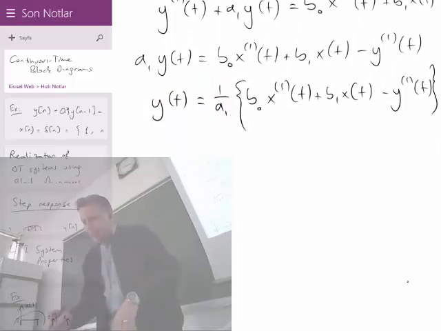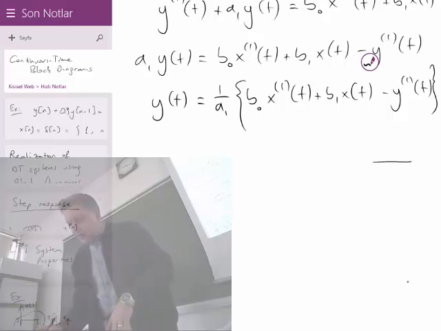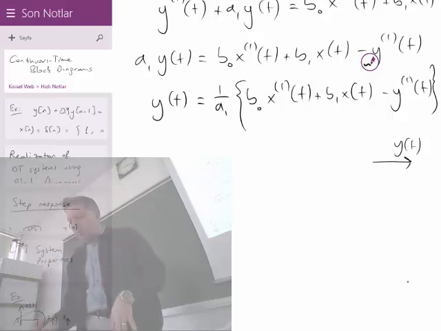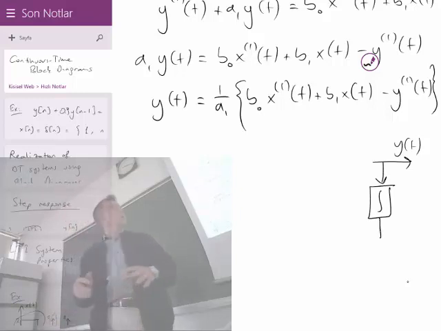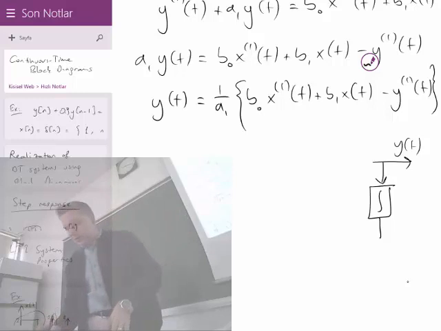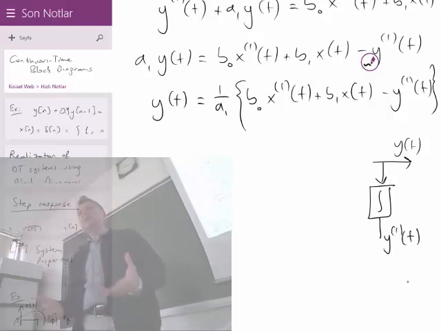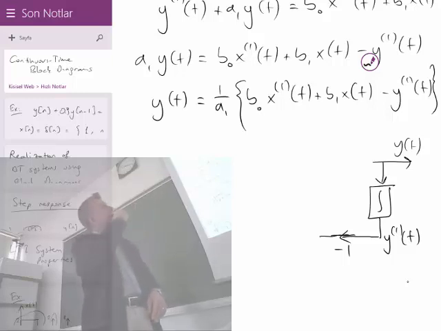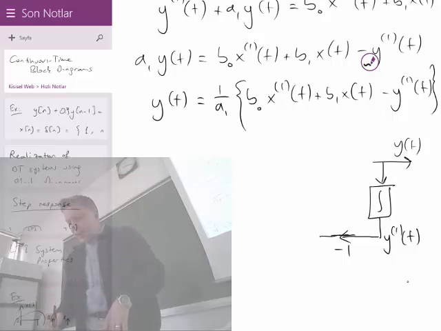So now what's going on? Now we will try. The output is y of t. In order to generate this general form of y1 of t, we need y of t. We need y1 of t, and y1 of t is generated from y of t using a block like this. Now, the bottom side of this block will produce y1 of t, an integrated version. That integrated version is multiplied by minus 1, because it's a minus y1 of t in the expression,